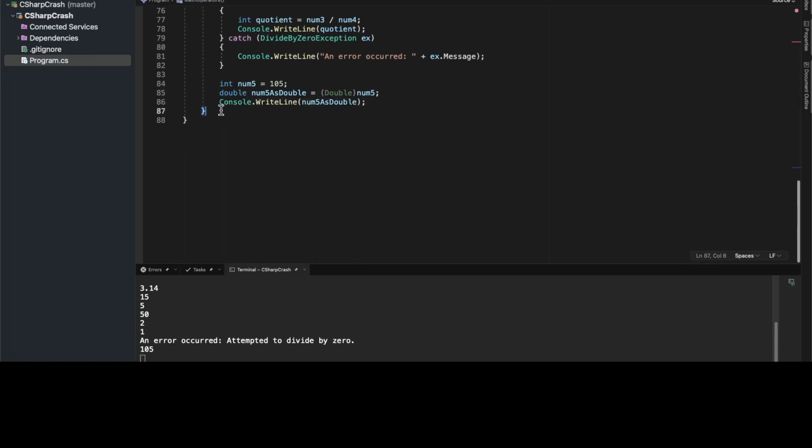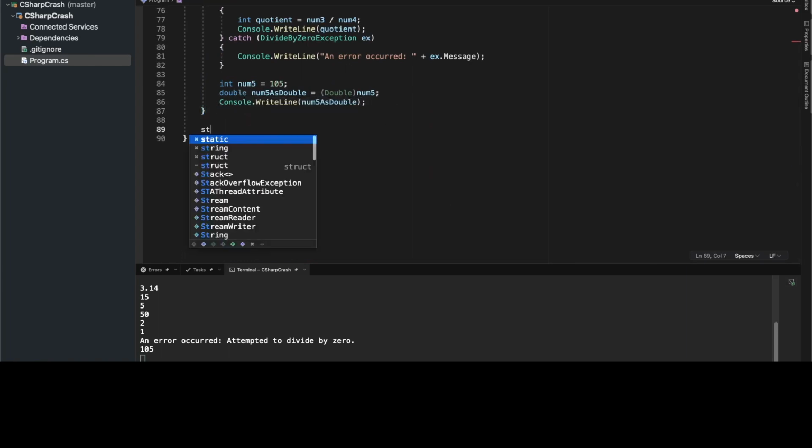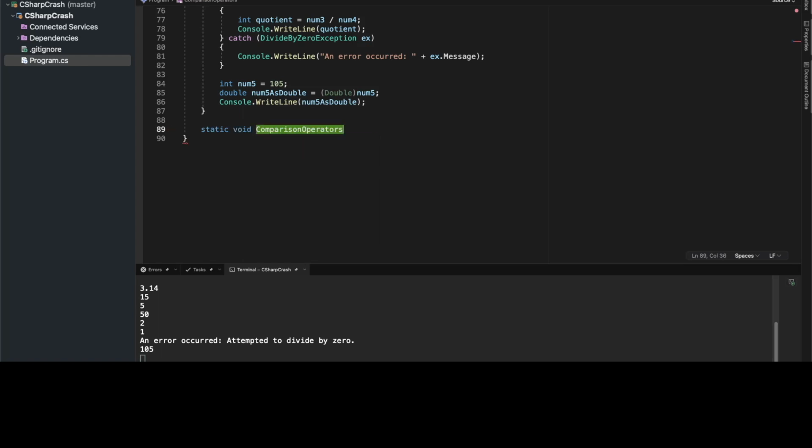We're going to scroll right back down to the bottom of this file here, and we're going to say static void ComparisonOperators and just open that up. Now, what is a comparison operator? Well, basically comparison operators allow us to compare values to one another, and we usually use them to specify conditions within an application. If we want a certain set of instructions to be executed based on a given condition, we would use comparison operators in conjunction with control flow statements such as if and else statements to control the actual logic